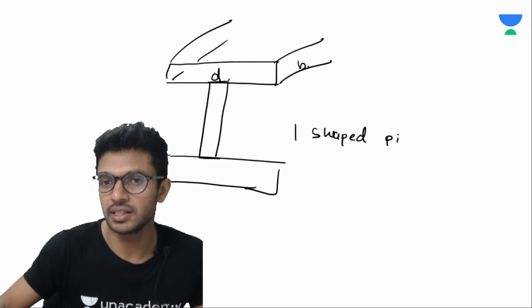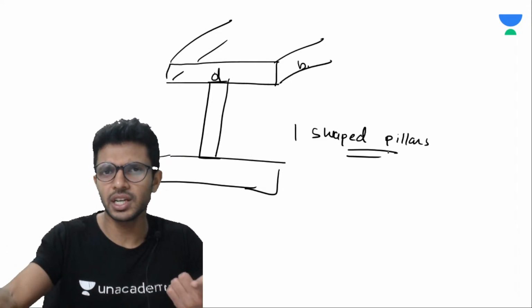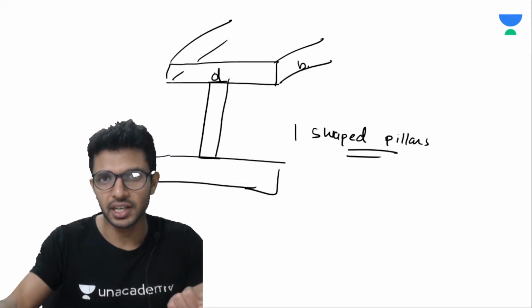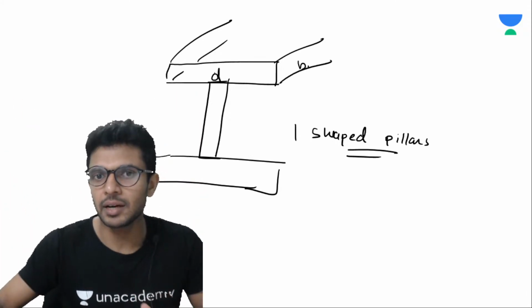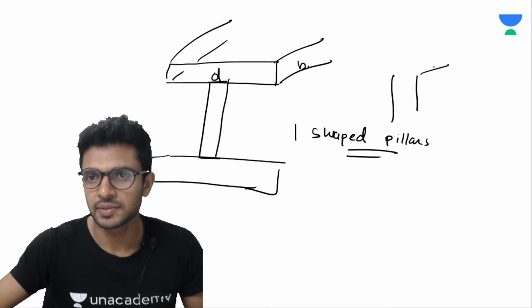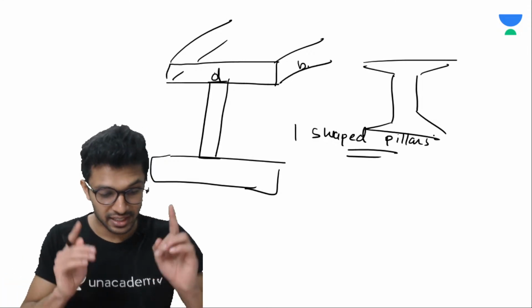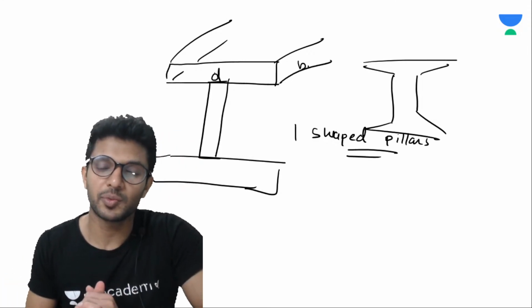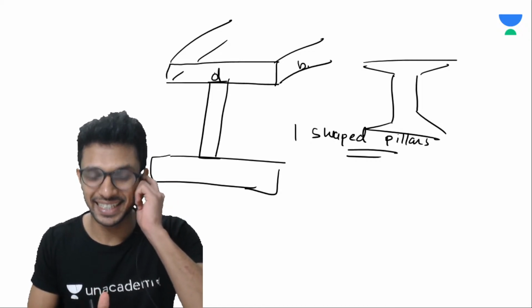We call these I-shaped pillars. Even for your houses, just go outside, to your courtyard. If the pillars are made, they will have a shape like this or a shape like this. Have you seen it? The reason is to reduce the amount of buckling that happens here. These are I-shaped pillars we call them. This is the reason.